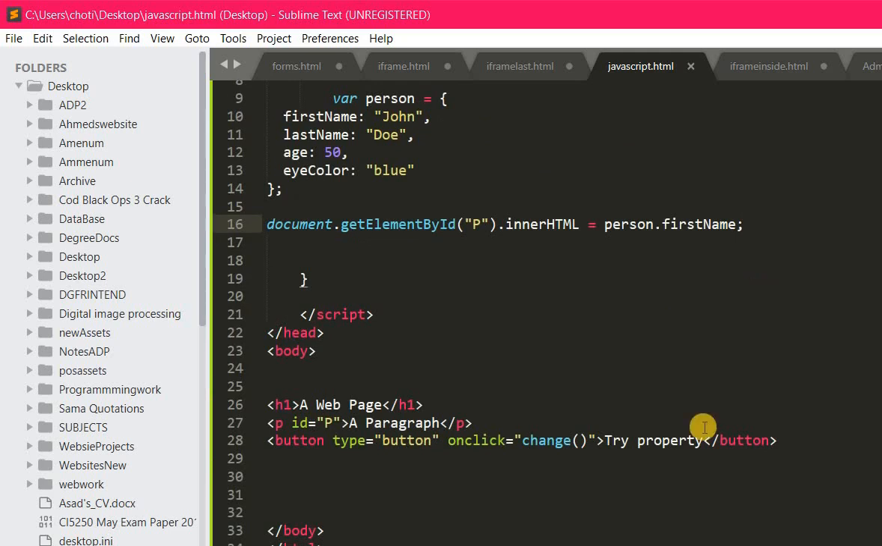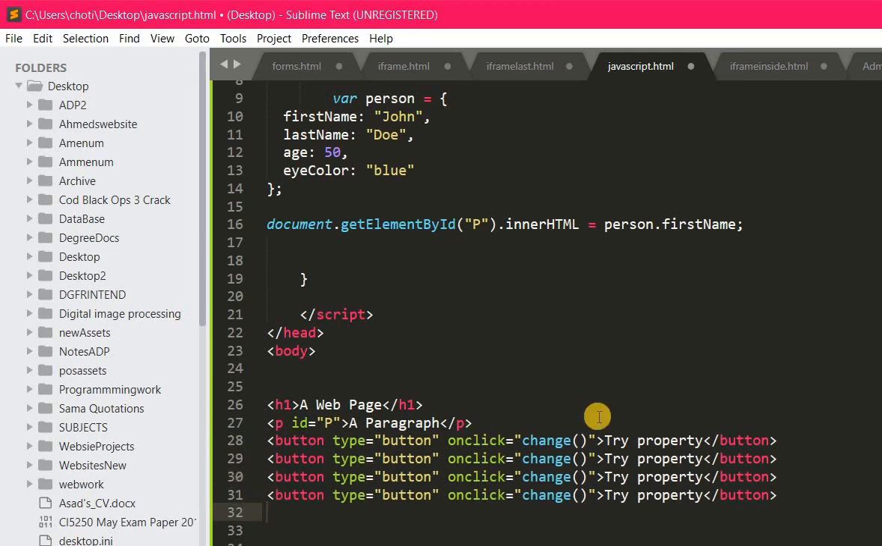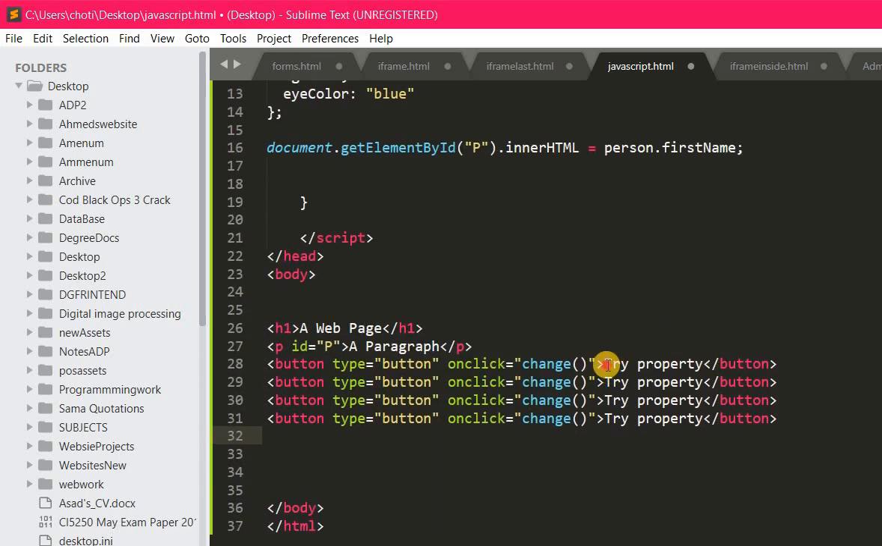What we want to do is make different buttons. Copy, paste, paste, paste, okay। अब मैं चाहता हूँ इनके नेम्स चेंज करूँ। I want first name here,